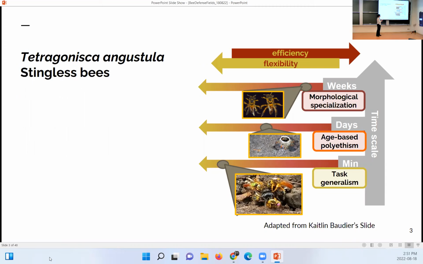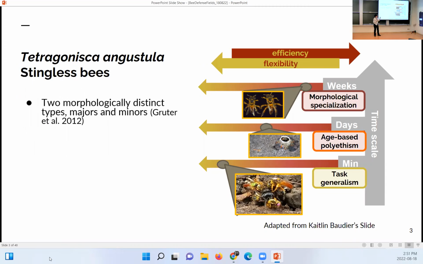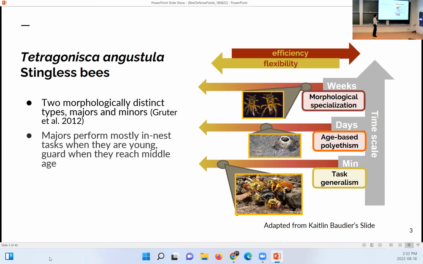In the first place, they have morphological specialization, which means that they have two distinct sizes of bees. One is majors, which are big bees, and the other one is minors, which are small bees. And the big ones are better at defense, right? The thing is, of course, the big ones require more food and resources to be invested into them. So this is called morphological specialization, but if you want to change the number of majors that you're producing, that will take a long time. It changes over evolutionary timescales because it depends on how they feed their larvae. So that occurs in the time span of evolution, or at least weeks.